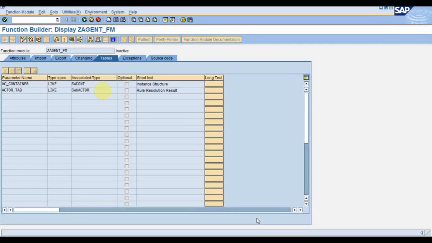The macros available are SWC_GET_ELEMENT, SWC_SET_ELEMENT, and these macros are available in the include called CNT01. When you go to this include in SCAT, you can see many macros are available.